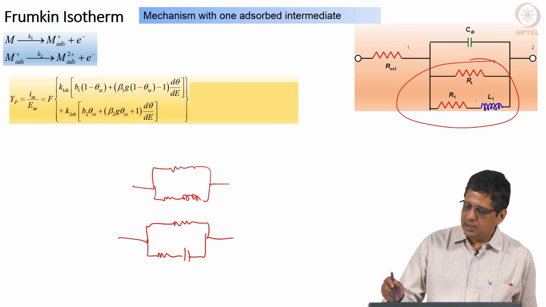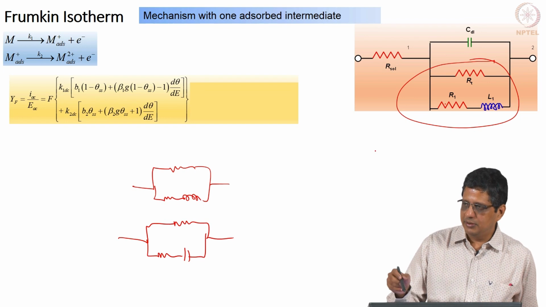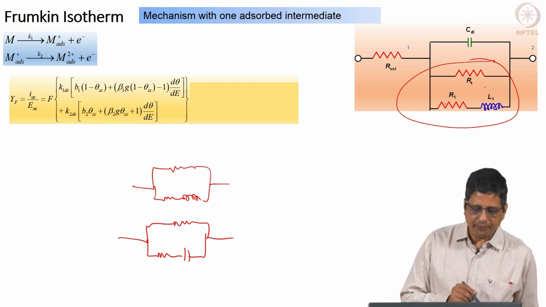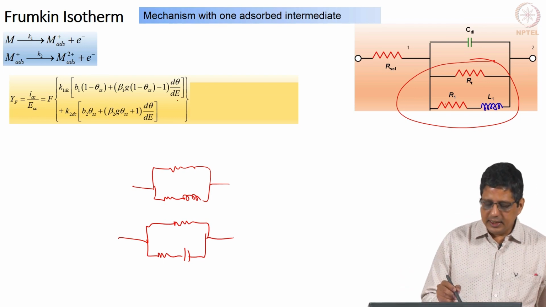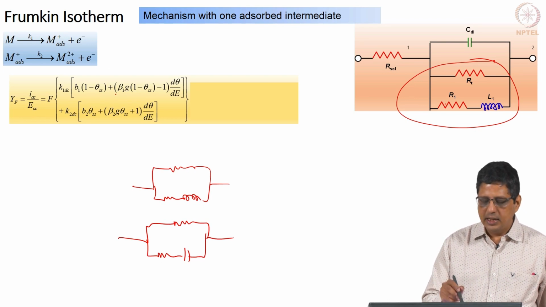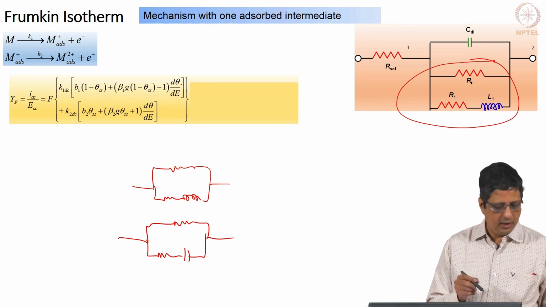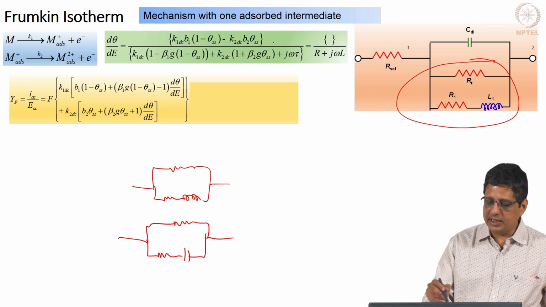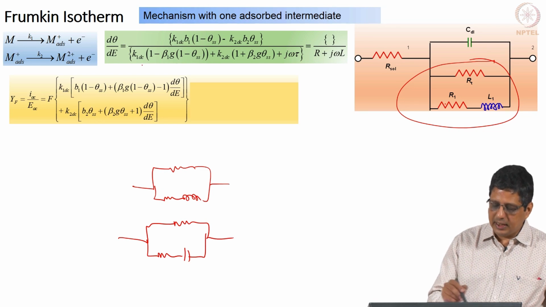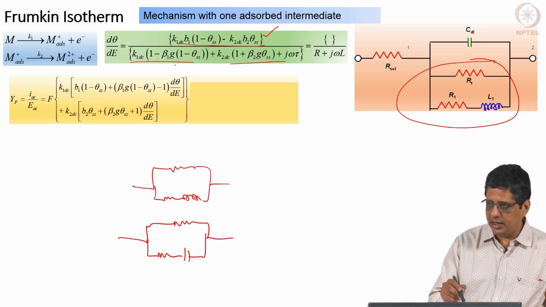It may be inductance with negative value for R1 L1, it may be an inductance with positive value for R1 L1. The reason is you get d theta by d e and everything else is a constant here. D theta by d e is a function of omega. Okay. We have seen this before, d theta by d e comes as a function of omega. It is written like this, but I can divide by the value here in the numerator and denominator.